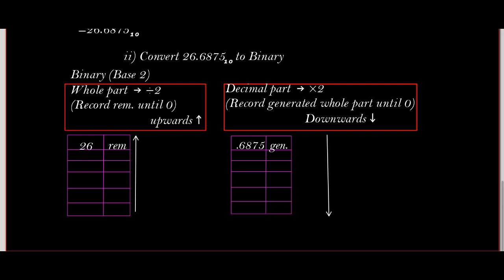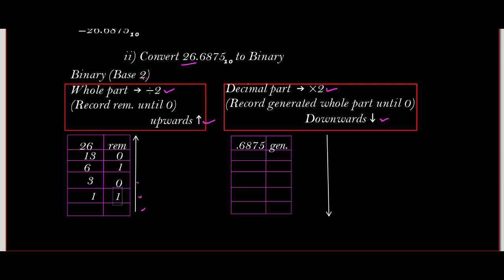Now in Roman 2, we want to convert 26.6875 base 10 to binary. If you want to convert a denary number to binary, meaning we want to convert a total value of a number to binary, then for base 2, the whole part is divided by 2, and the decimal part is multiplied by 2. Then you continue dividing the whole part by 2 until you get a 0. So 26 divided by 2, 13, remainder 0, 13 divided by 2, 6, remainder 1,